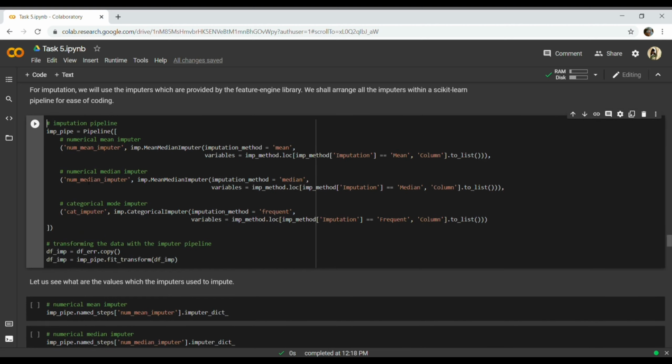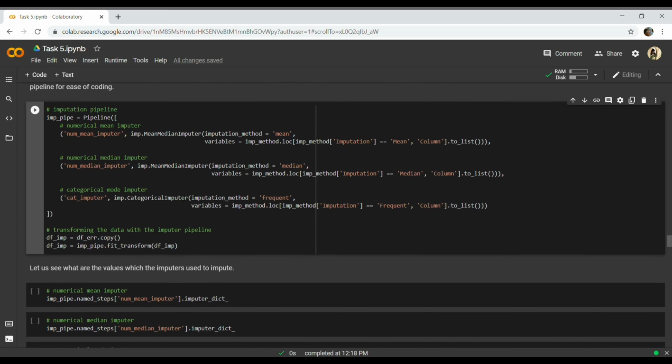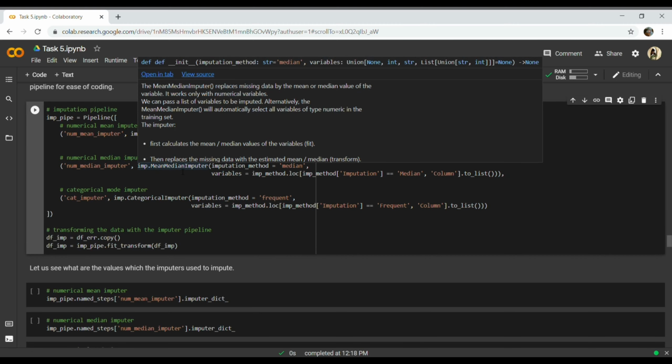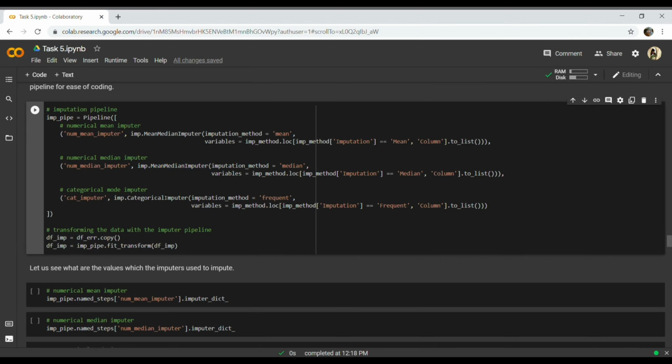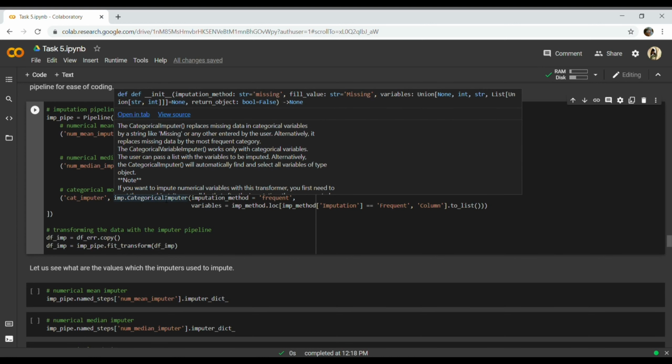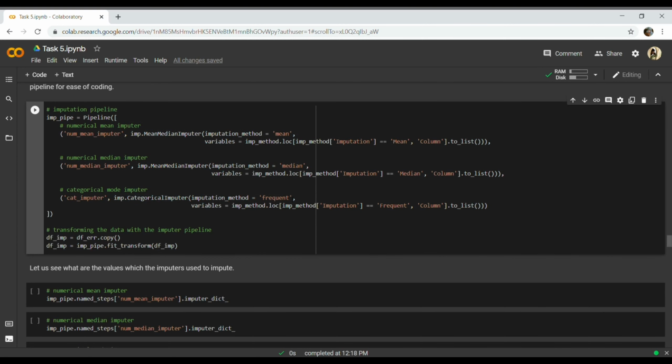Here the median imputer is for those variables for which we had decided the imputation method as median. And the categorical imputer. Here mean median imputer is one of the functions of feature engine. Categorical imputer is also a function of feature engine. Imputation method equals frequent, and variables.